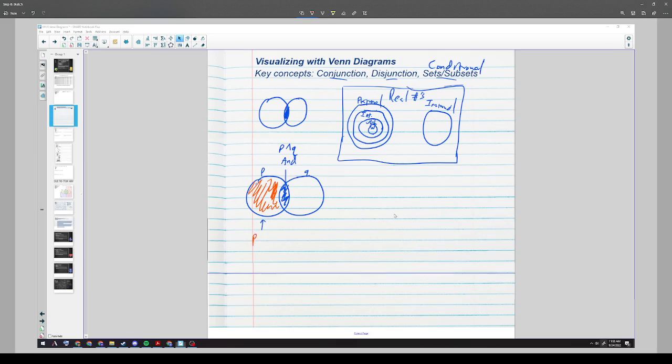So we know it's in P, but also, and it's not in Q. So that would be represented as P and not Q. Then we could have the same thing over here. The green area would be Q and not P. If we had a simple disjunction of just P or Q, that would be the entire thing of both circles. So P or Q is going to be everything all together, because remember this is P and or Q. Okay, so then let's talk about